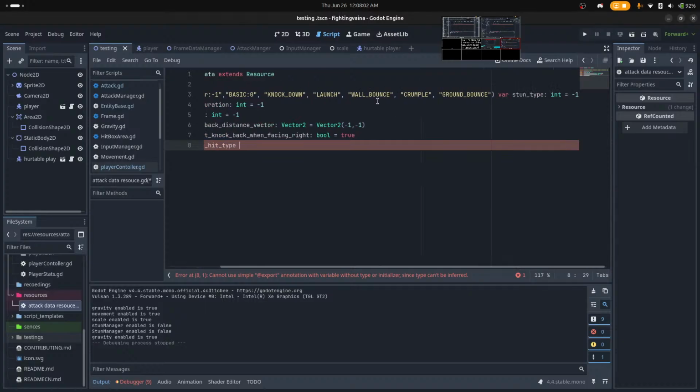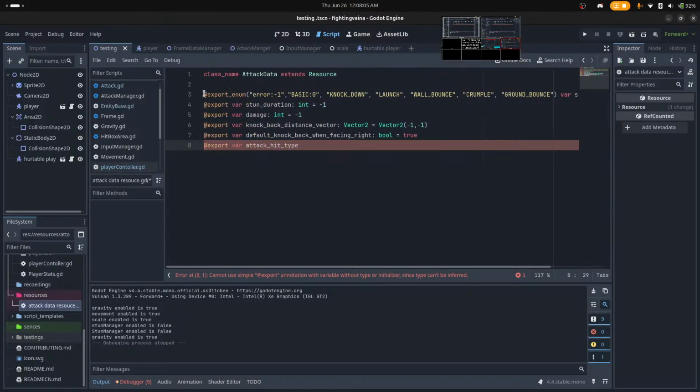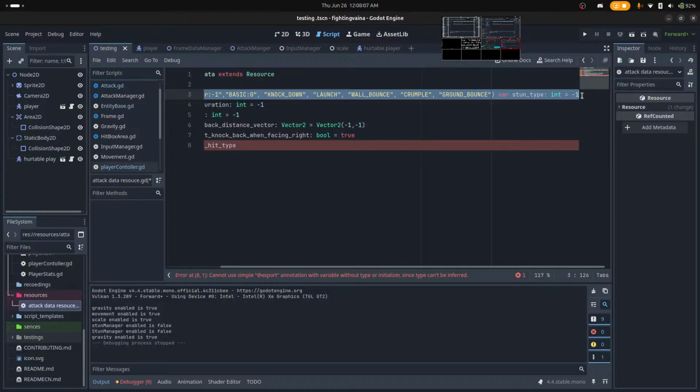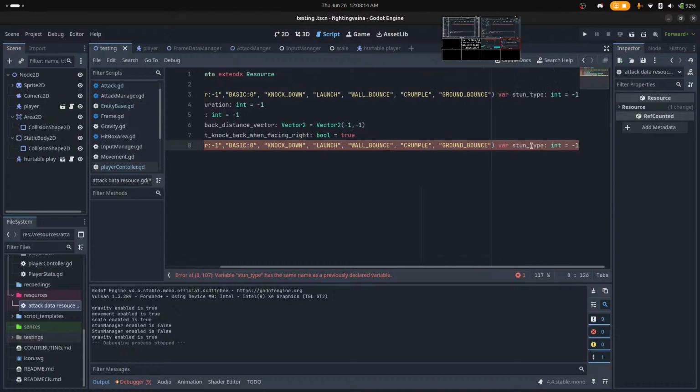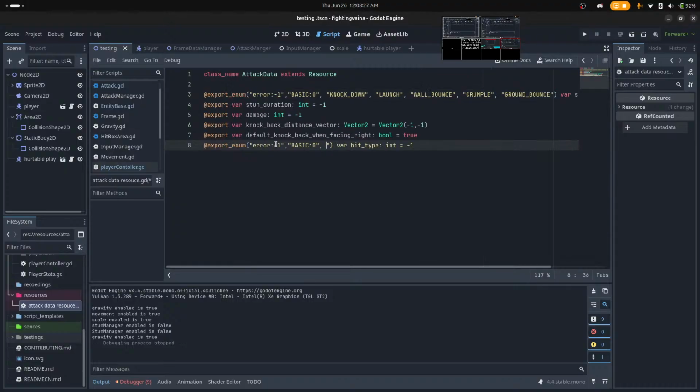Probably this actually. Yeah, let's go with this. Something like this. Another enumeration. Can't be the same type, so it's underscore type. Error for -1. Error.